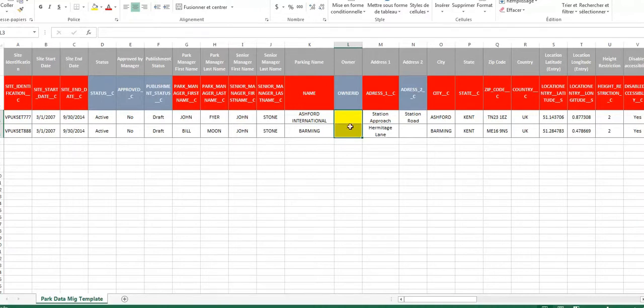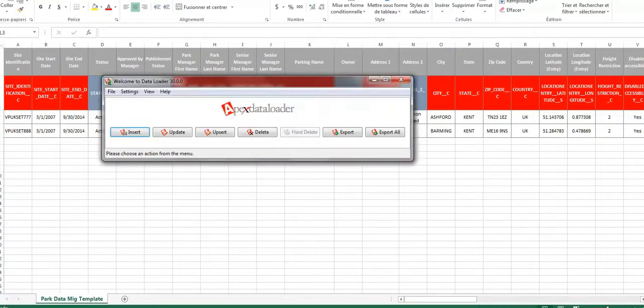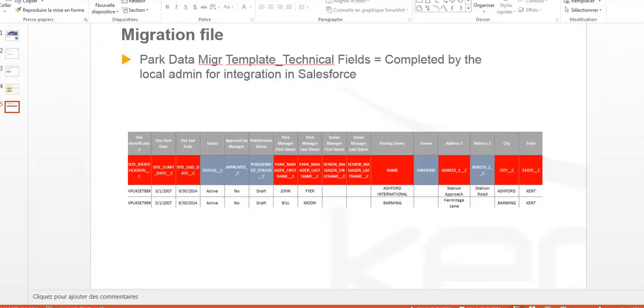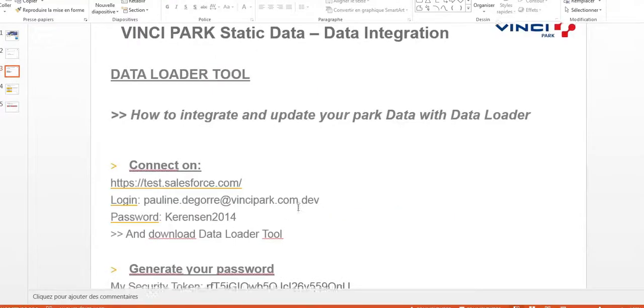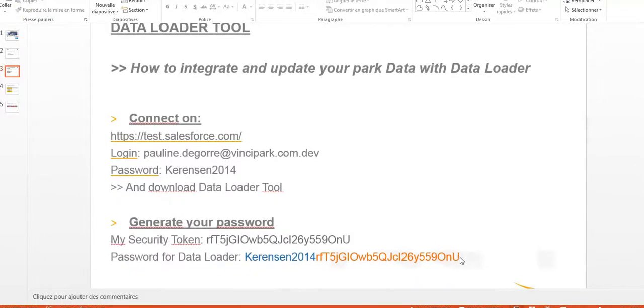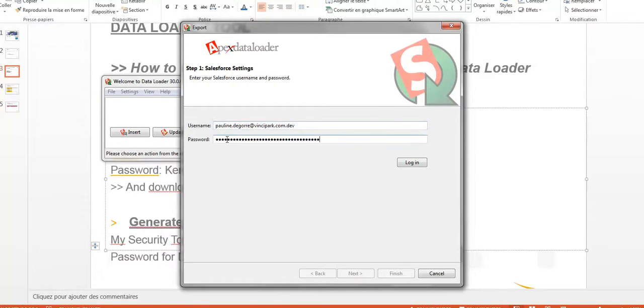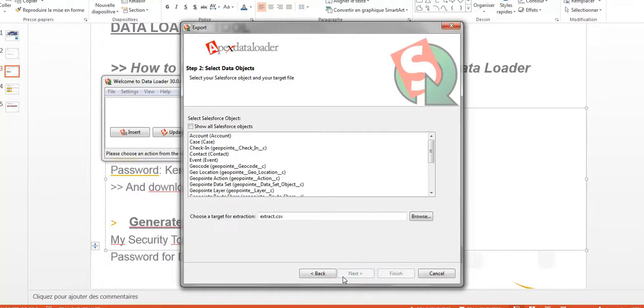So to recover the Salesforce ID of a user, you can use the data loader. You open data loader and make an export. So I will just enter my password here. Okay, I log in. And now I can make an export.